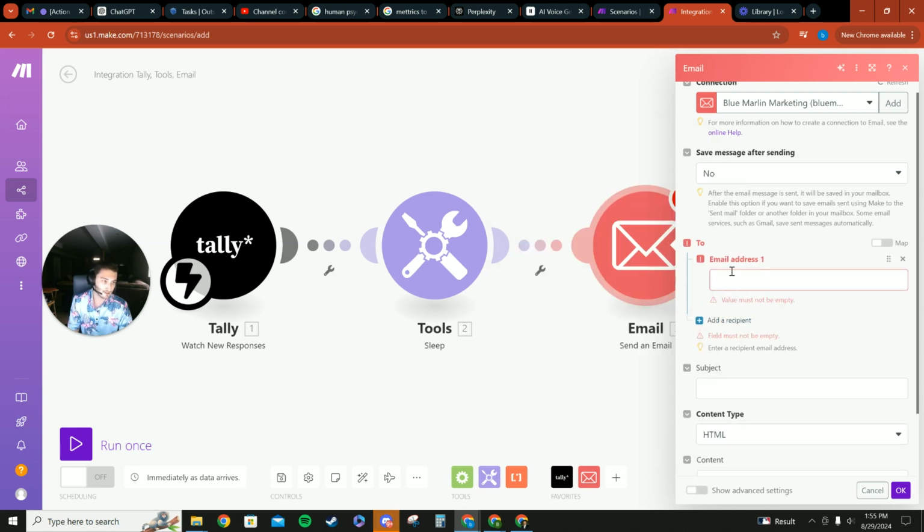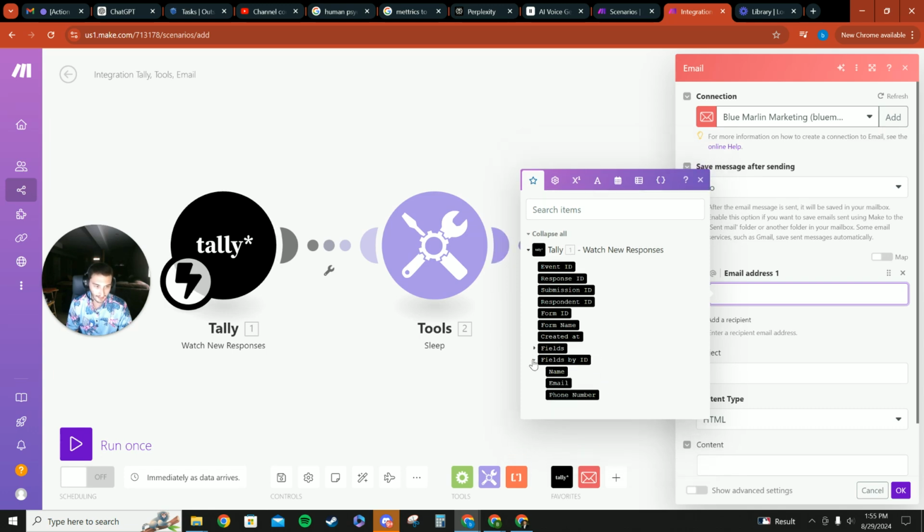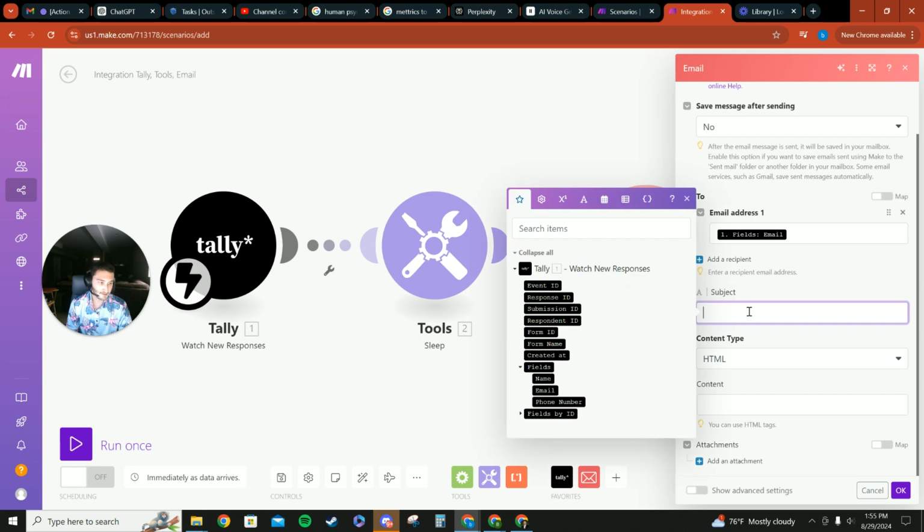So the email address that you're sending it to will actually be just on your form. If this is all collapsed, it'll just be in fields and then the email address, email. So that will take whatever they put in for there. That's the recipient. And then the subject line,